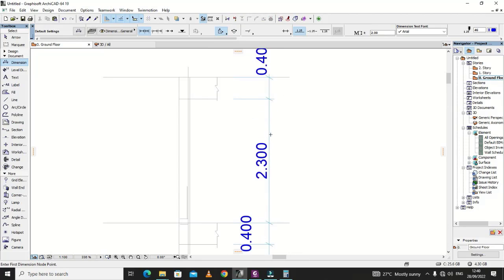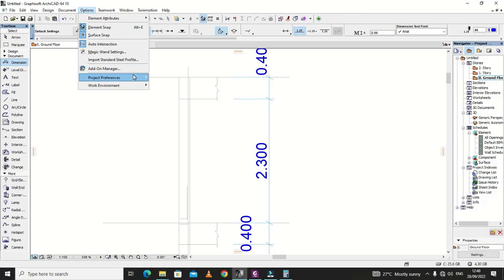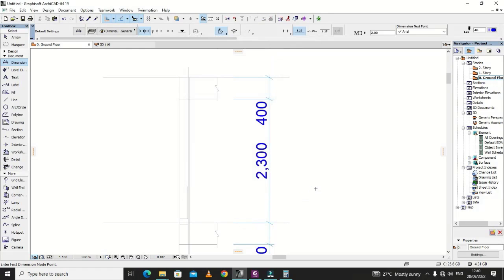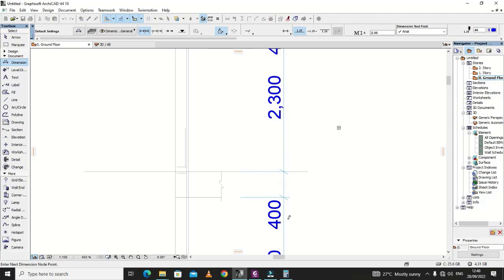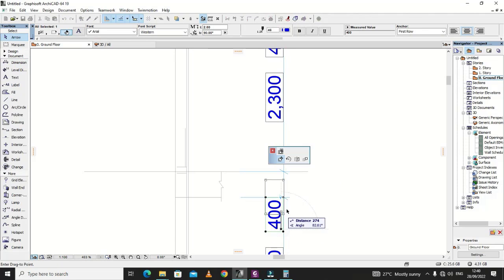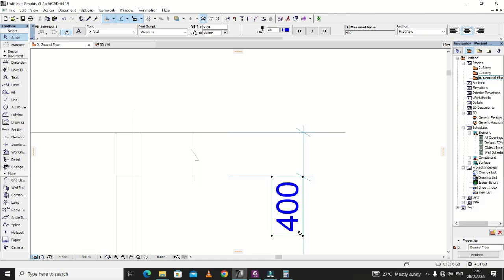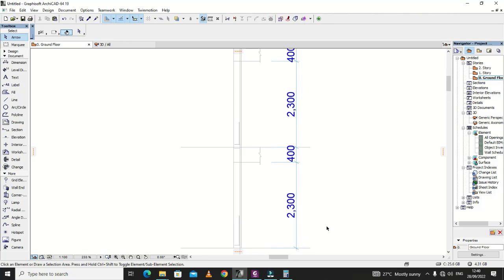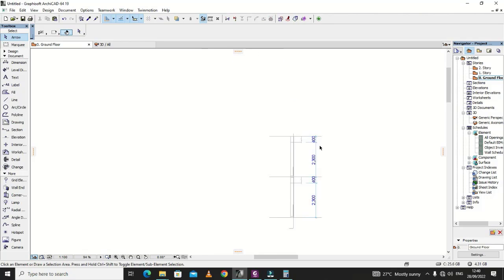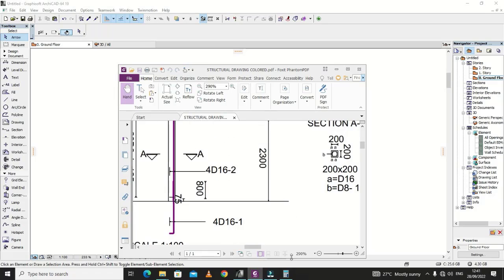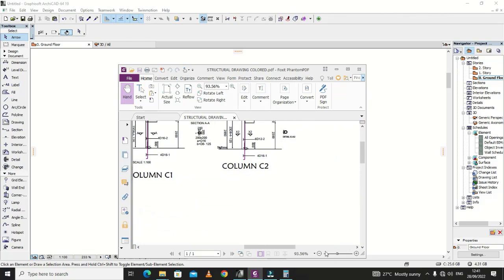So for the dimensions here, they're in meters, so we can easily change this one into millimeters by going to dimensions and changing it to plain millimeter. So this one is going to show the millimeters, so you can shift this one to here, and also this one you can shift it to this other side. So we have already shown that dimension. The next thing I'm going to indicate is